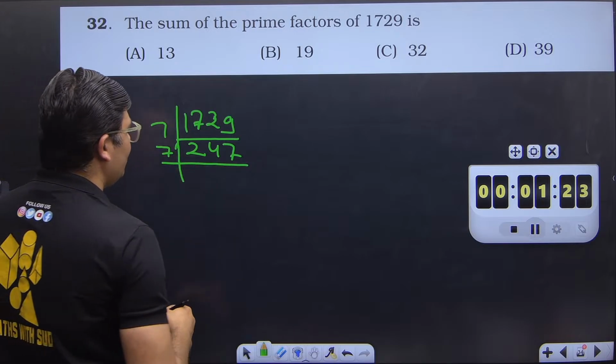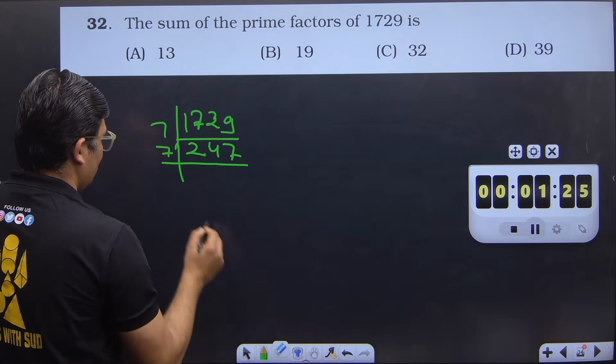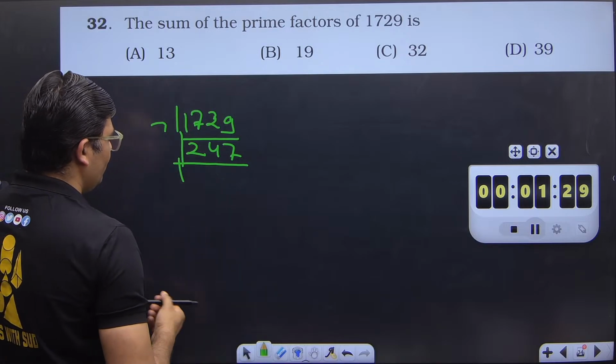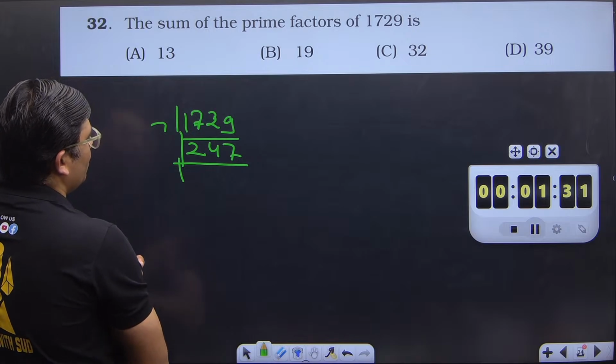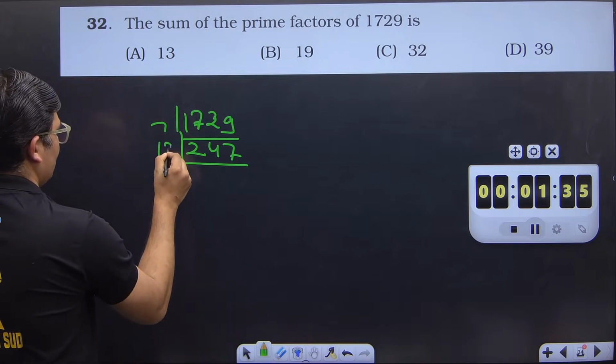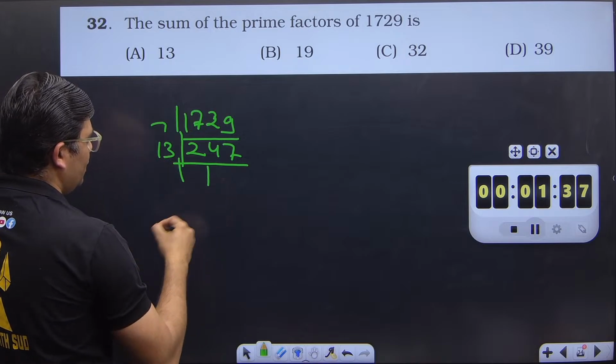7 की टेबल में आता है क्या? 7 3 21, नहीं आता। 17 किसकी टेबल में आएगा बताओ? 13 1 13। 13 की टेबल में आएगा। 13 1 13, 13 9 117।